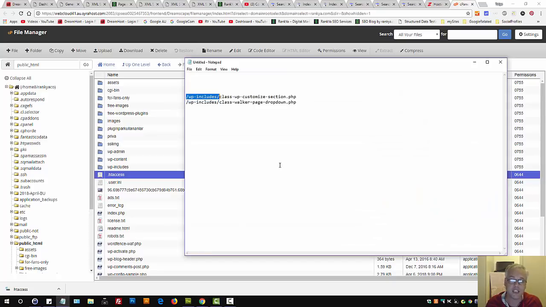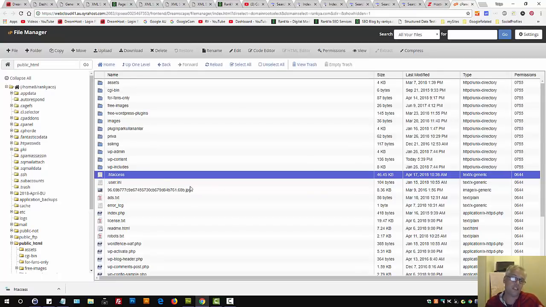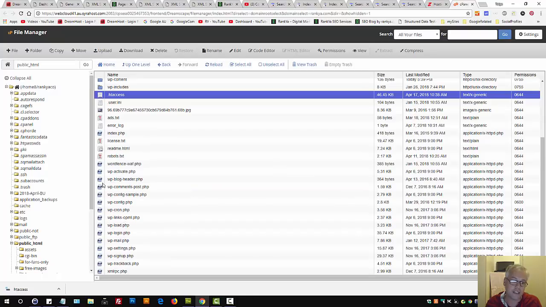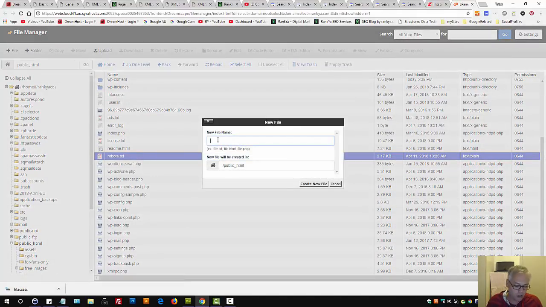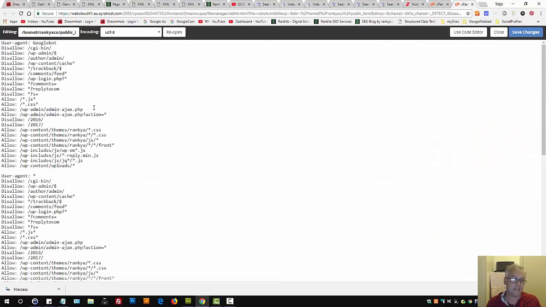So let's get back to fixing that issue, because at that moment you need to say, okay, I try to request the includes file and I can't see directory browsing, so therefore you don't need to use the .htaccess file, so that option is out of the question for you, right? So then you need to use robots.txt directives. If you're not seeing robots.txt under public_html, then create a file and call it robots.txt. Okay? And then once you create that,